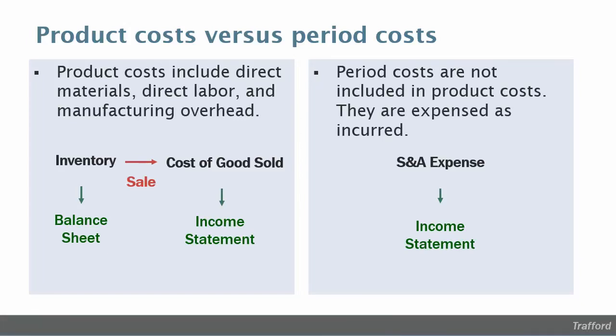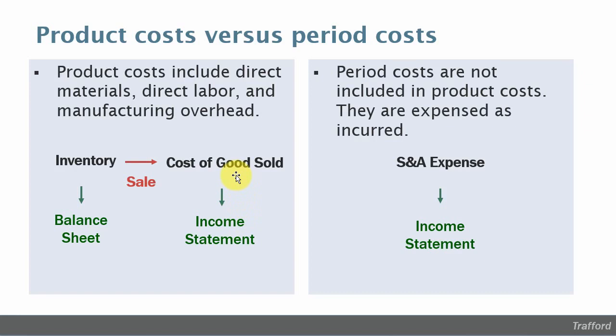Product and period costs are treated very differently for financial statement purposes. Remember what product costs are. These are the same as manufacturing costs as far as external reporting purposes go. All product costs, direct materials, direct labor, and manufacturing overhead, start out in an inventory account on the balance sheet. We'll see what types of inventory accounts in a little bit. They stay on the balance sheet as inventory until the products that they're attached to are sold. Upon sale, the costs come out of the balance sheet and move onto the income statement as the expense account,